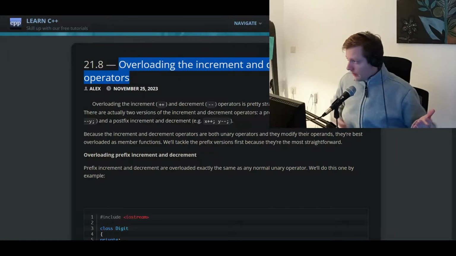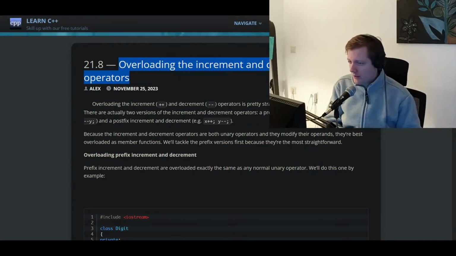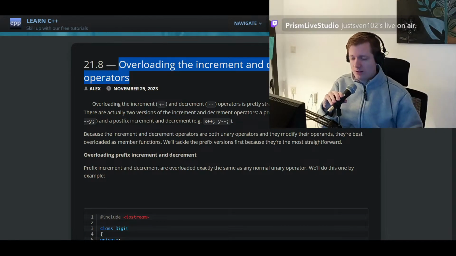Another day, another topic. The topic for today will be overloading the increment and decrement operator. Yesterday, I just relearned the